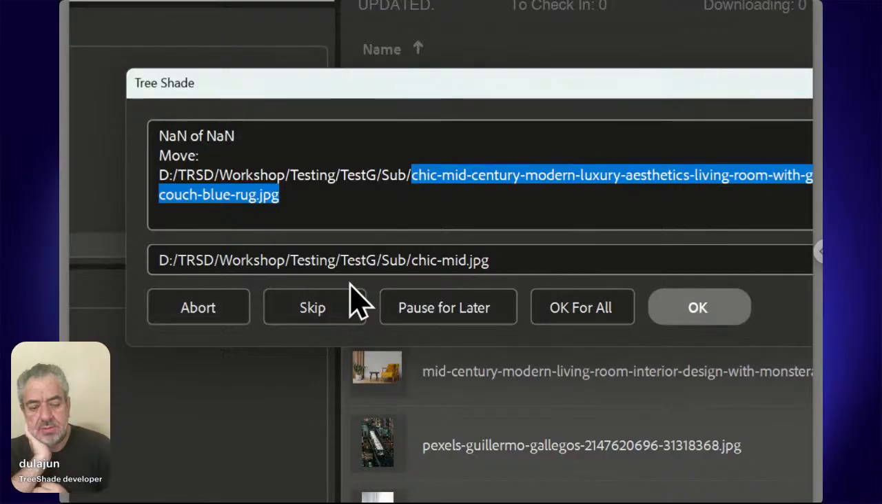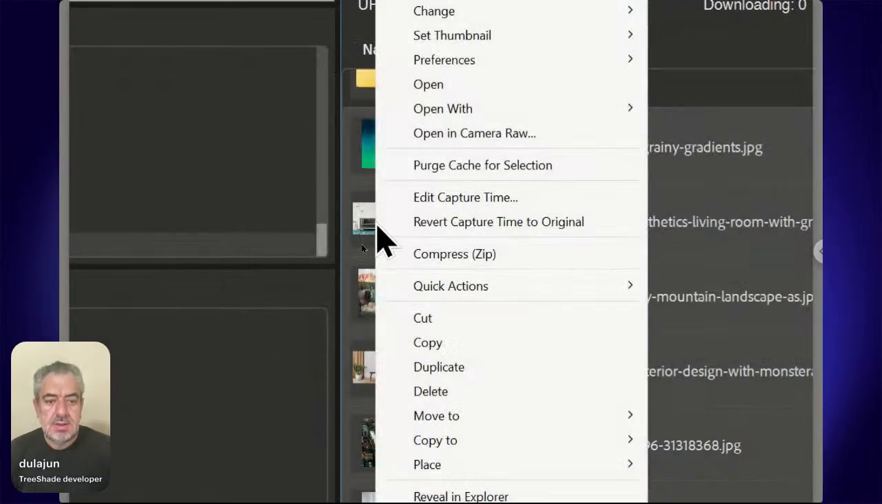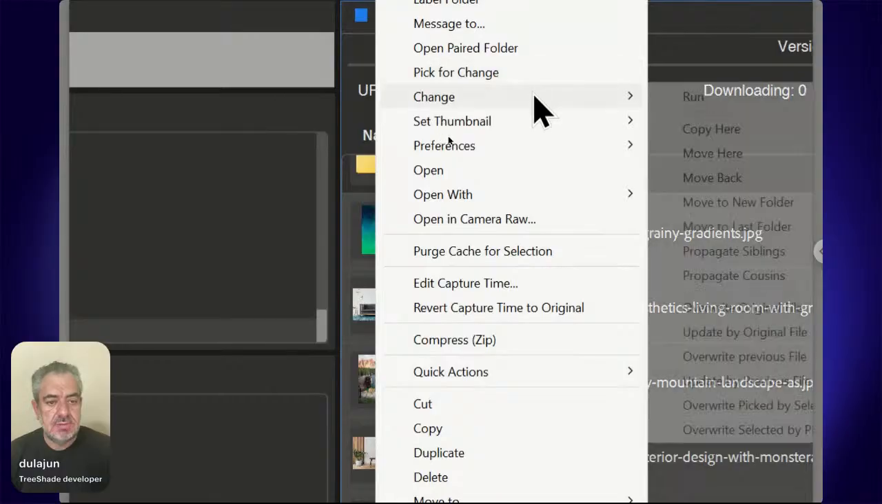Before or after. If we add the date after, before replacing, then we can abort, right click, change on,